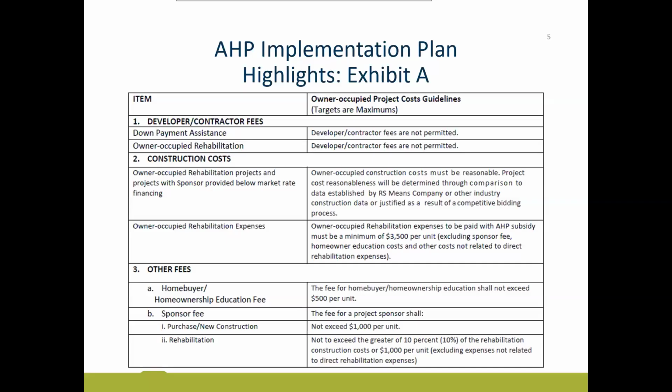If you have the home buyer education commitment as one of your scoring commitments in your AHP agreement, you are allowed to charge a fee up to $500 per unit for each household that covered the expenses of the class itself, or if you're teaching the class itself or paying your staff to teach that class. So that fee we will want to see on the closing disclosure, and I will show you what that looks like in an example here in a little bit.